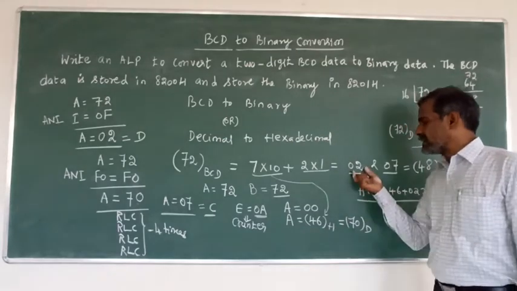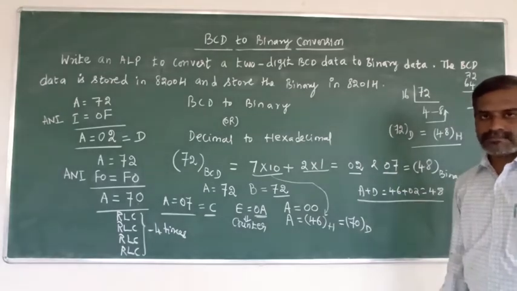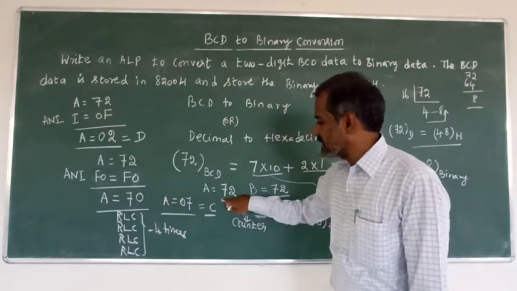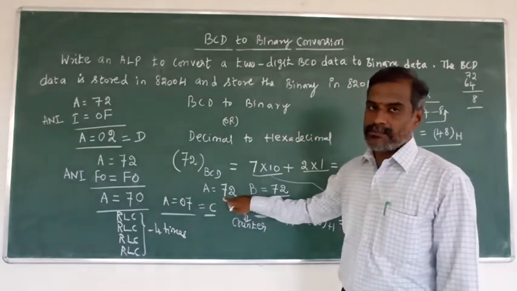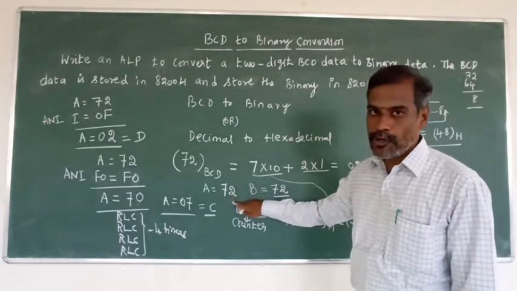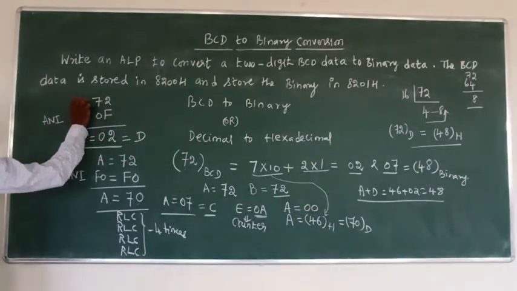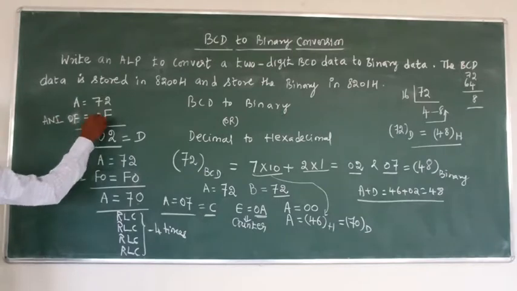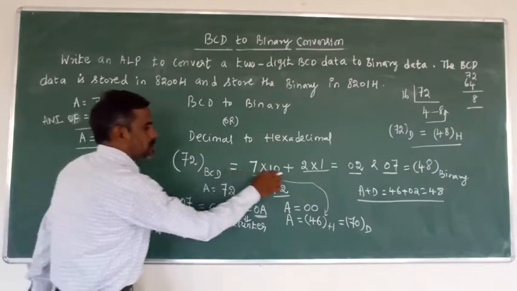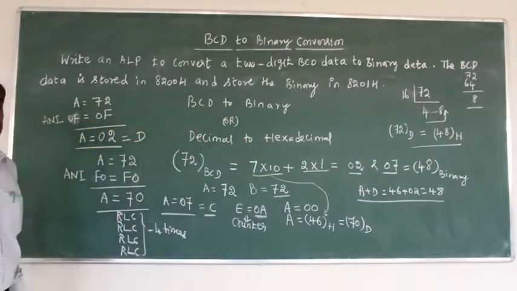Okay, first we have to separate 02 and 07. For that, for the 72 we make the most significant 4 bits 0, and the least significant 4 bits as they are. For that the accumulator content is logically ANDed with 0F. Now after logical AND, the accumulator result is 02. Now the 02 we move to some other register, D.